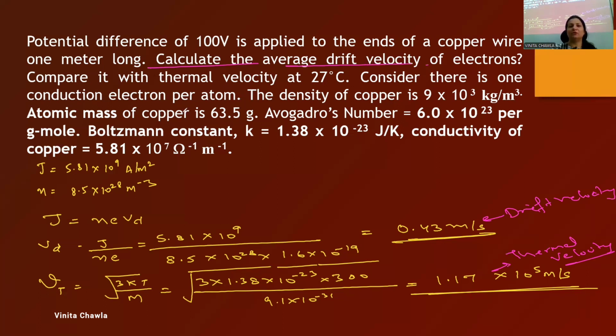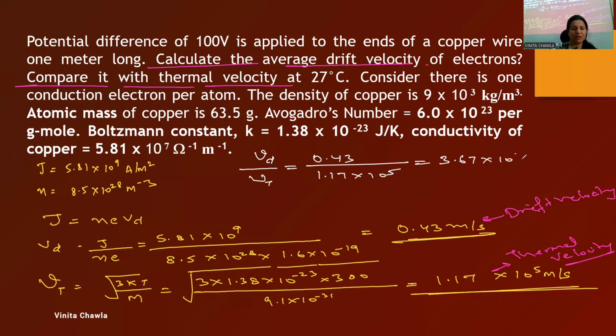ठीक है, तो अब आपने कंपेयर करना है। क्वेश्चन में क्या था? कैलकुलेट द एवरेज ड्रिफ्ट वेलोसिटी, फिर था कंपेयर इट विथ थर्मल वेलोसिटी। हाउ डू वी कंपेयर? फॉर कंपेयरिंग वी डिवाइड। ड्रिफ्ट वेलोसिटी डिवाइडेड बाय thermal velocity, so write 0.43 here, and the value of thermal velocity is 1.17 into 10 to the power 5। What answer you're getting? अच्छा, यूनिट क्या आएगी? नो यूनिट्स, बिकॉज हम सिंपल कंपेयर कर रहे हैं, है ना, वेलोसिटी को वेलोसिटी से। नो यूनिट्स।